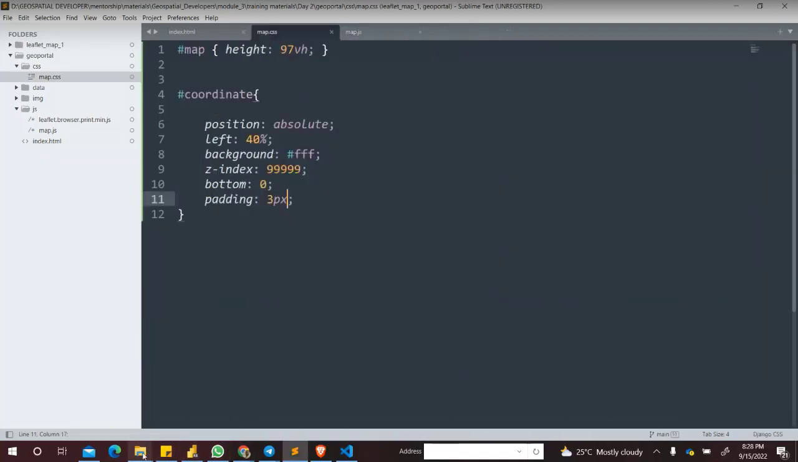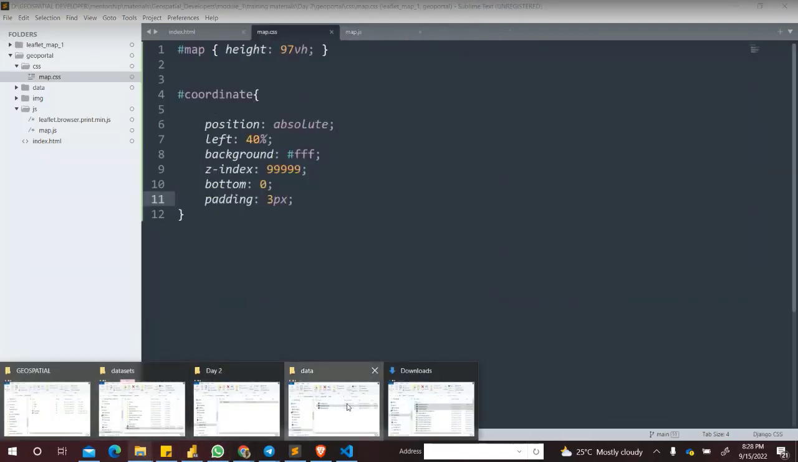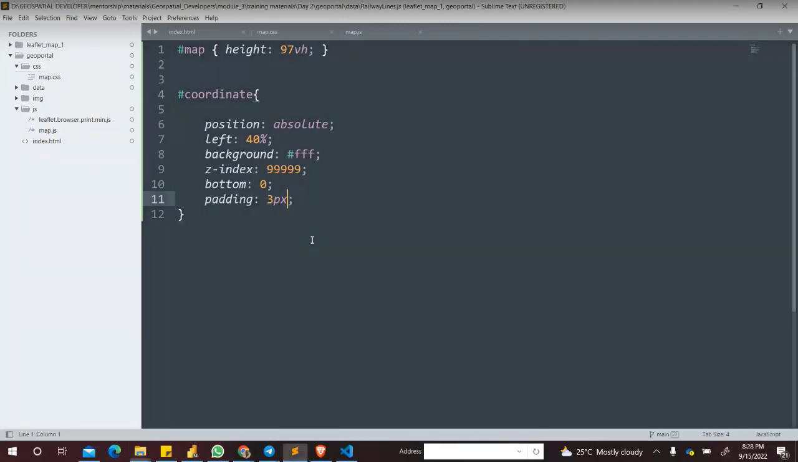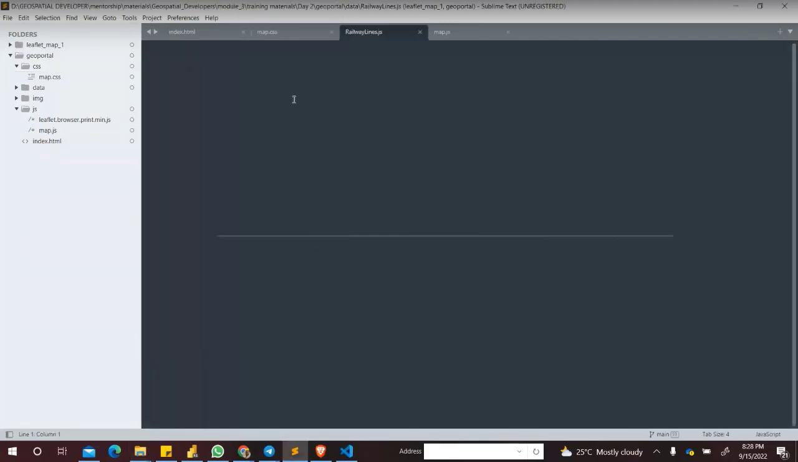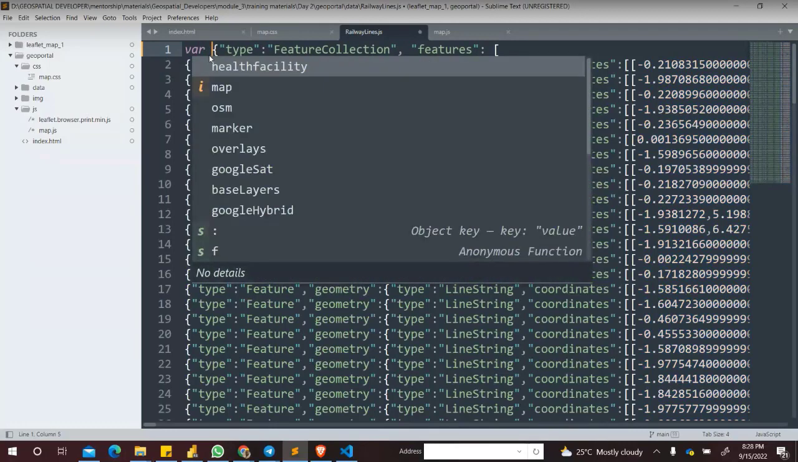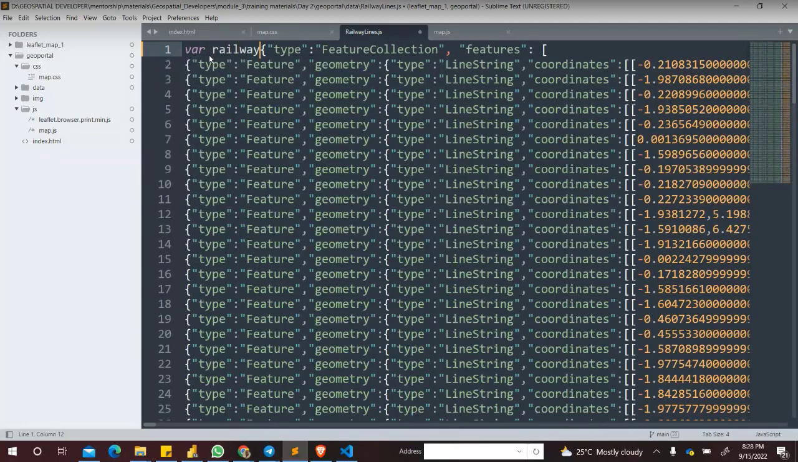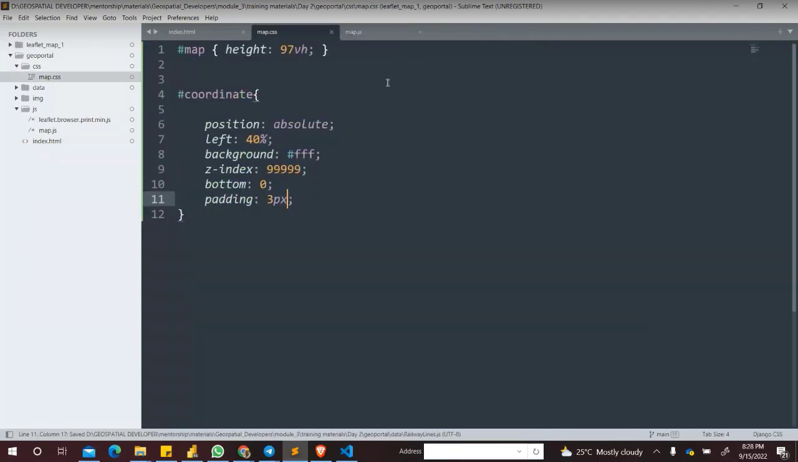That's the railway lines. I'll just open this, then save railway. All right, equals to that. So this is all. Now we've prepared our data for us to show,